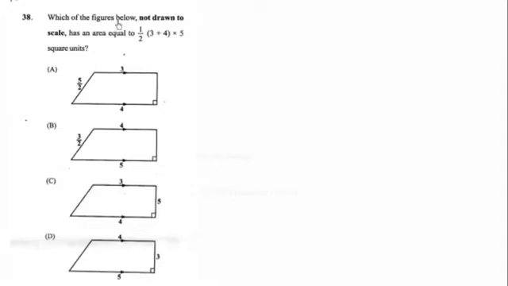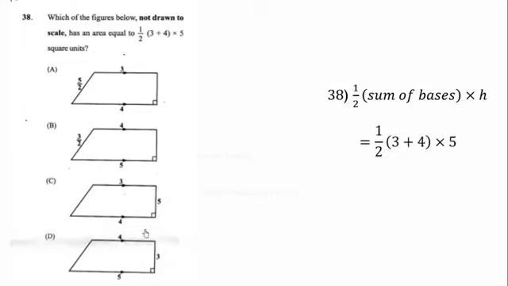Which of the figures below, not drawn to scale, has an area equal to this expression? So we know these are all trapezoids. The formula for the area of a trapezoid is half times the sum of the bases, so these are the bases, times the height. From the expression given to us,